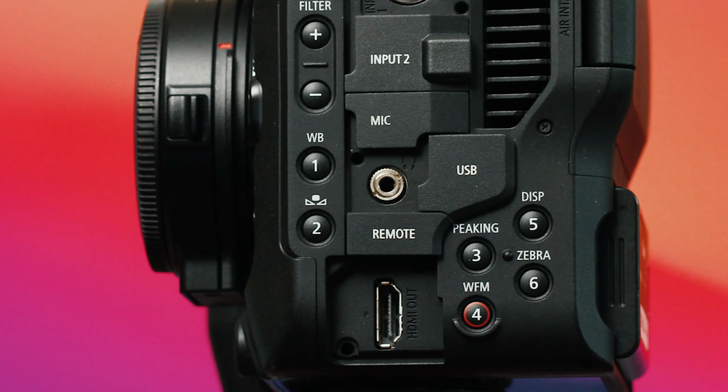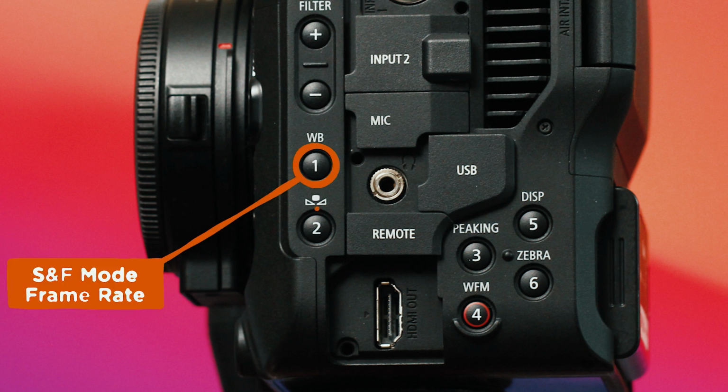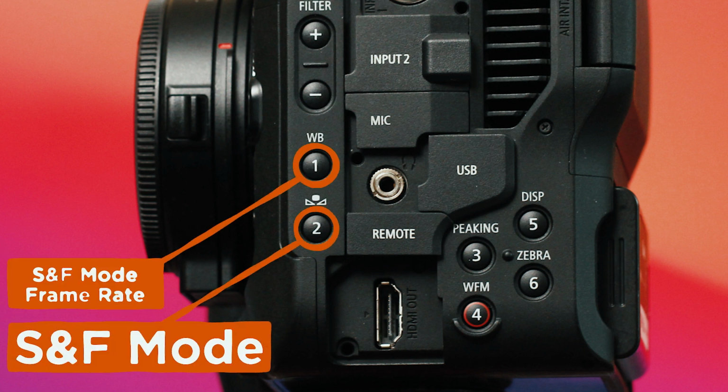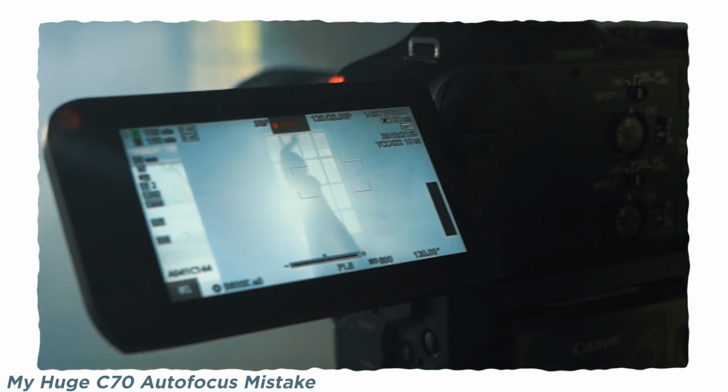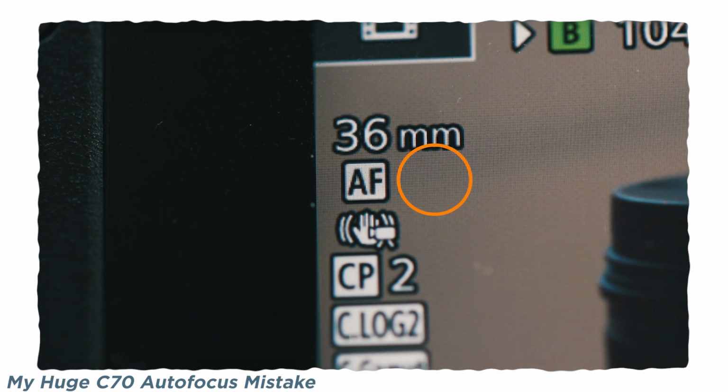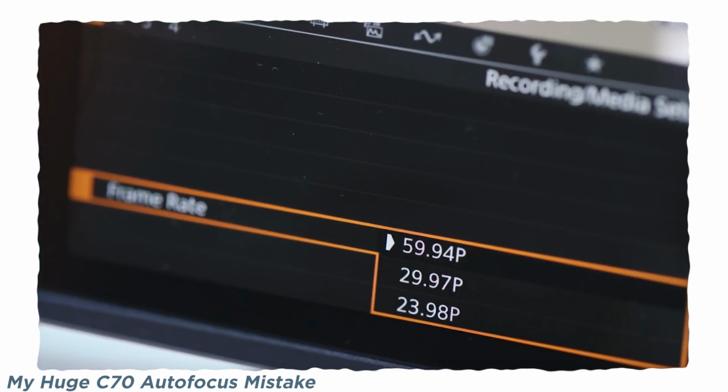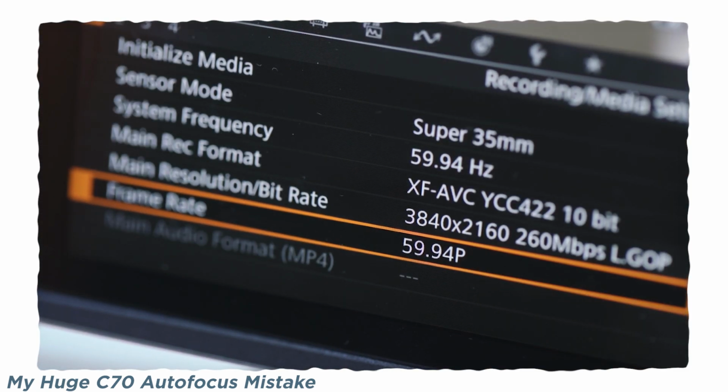Starting with buttons 1 and 2, I have them set aside for slow and fast mode. Number 1 changes the frame rate, and number 2 enables slow and fast mode. As I've covered in its own unique video, the C70 limits your autofocus functions when in slow and fast mode. So if you're not shooting 120, it's preferable to shoot 60, not in slow and fast mode, and then slow